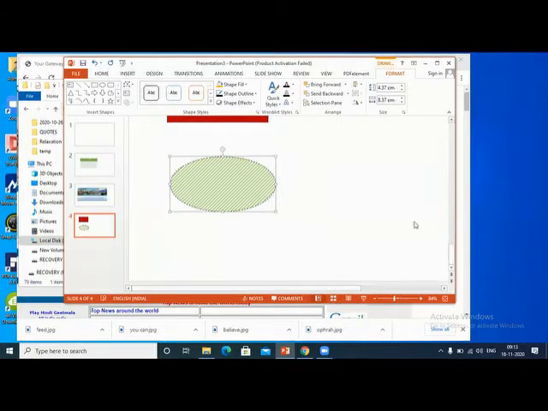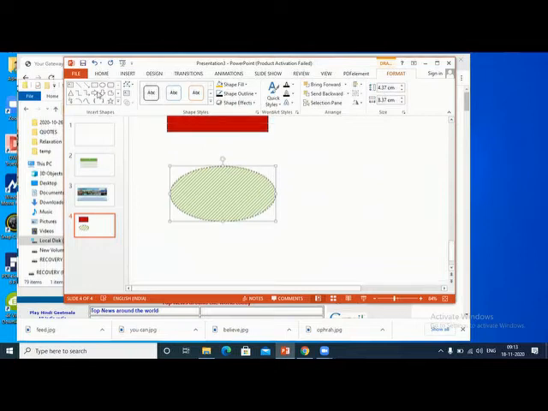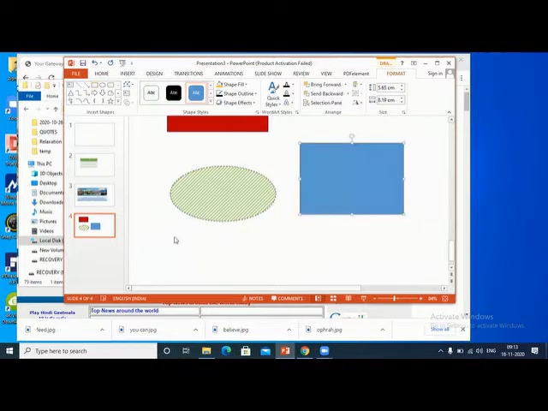So you can draw any shape, but if you use the rectangle, how will you draw a square? So if you want to draw a square, what you have to do is select the rectangle, press shift button, then you draw. So you get a square.